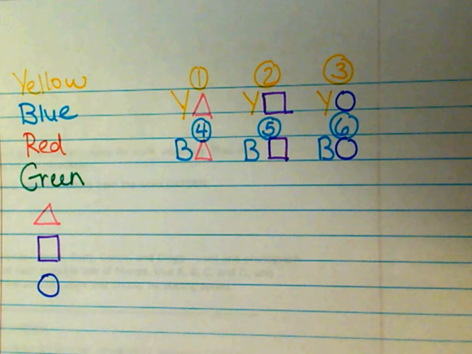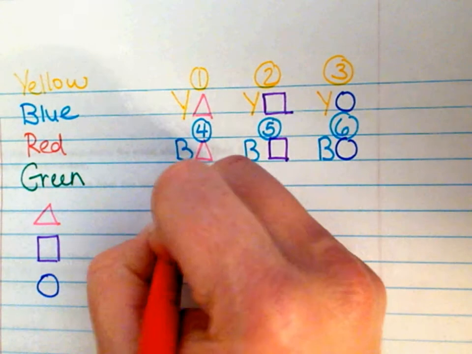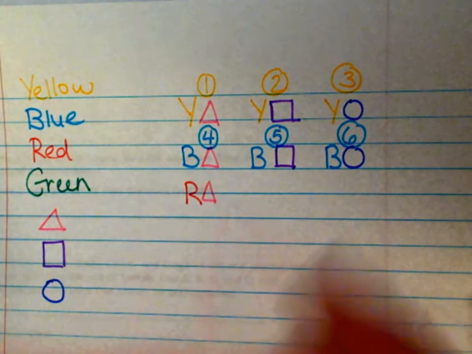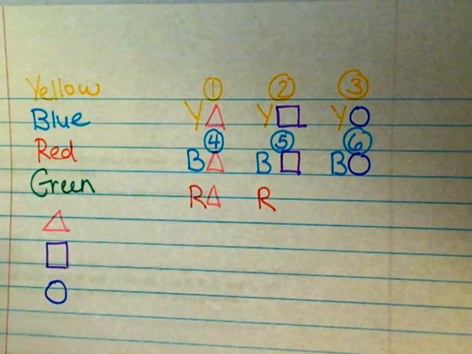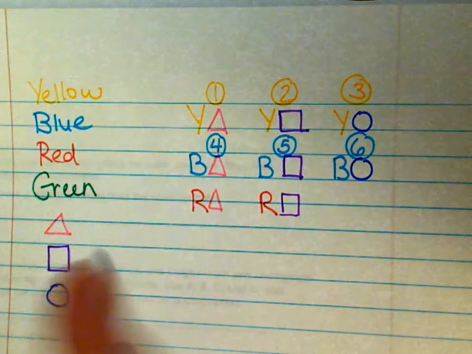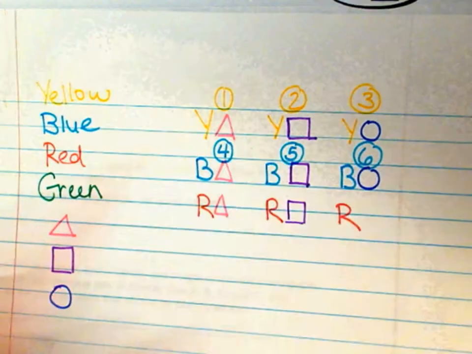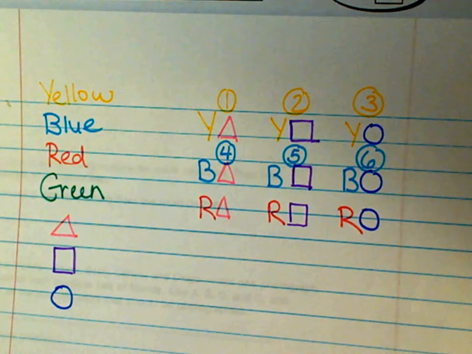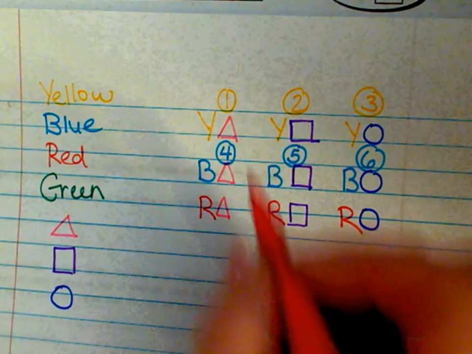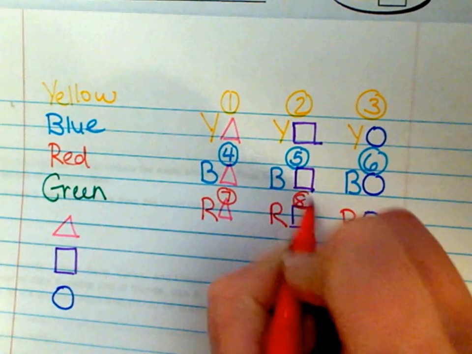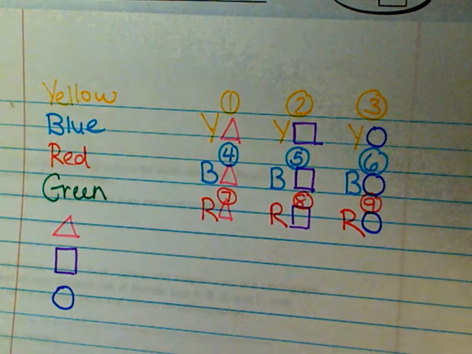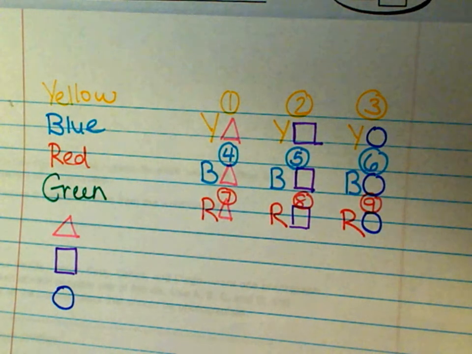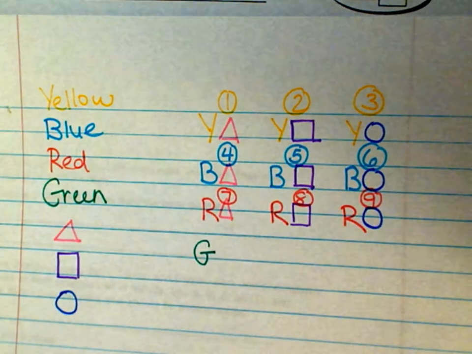I'm done with blue. I go on to red: red and a triangle, red and a square, red and a circle. Again, I'm done with red, and I have 3 more combinations, which means right now I'm up to 9 total possible combinations. I'm still not done with green, so I can do green and a triangle,